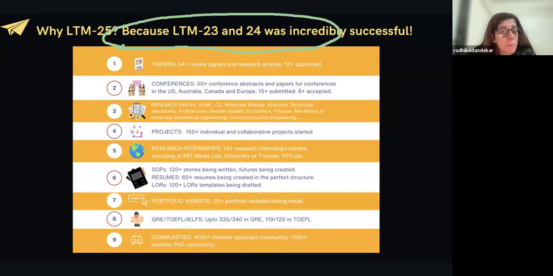We've also helped people build good portfolio websites that have given them a competitive edge over the rest of their peers. And we also have a Discord community where once you enroll with us, we onboard you to the Discord community, so you can interact with other people who have enrolled in the particular program. Okay, so peer interaction, we believe, is very, very important, and that is why we've created the Discord community.